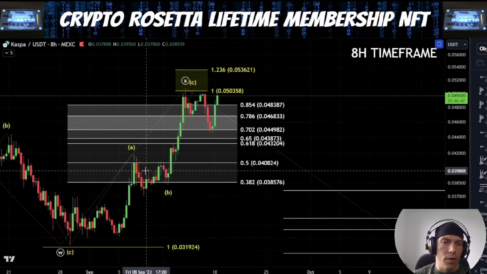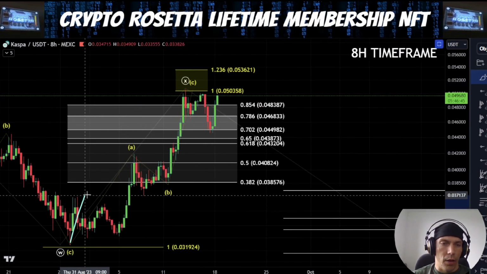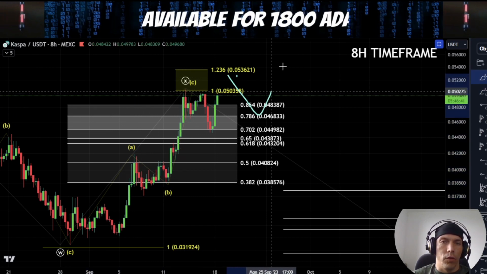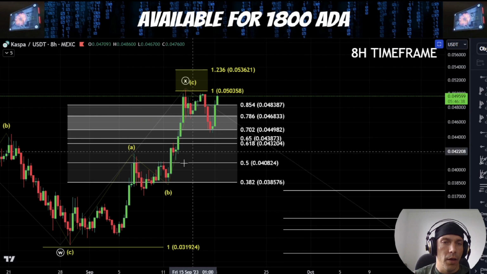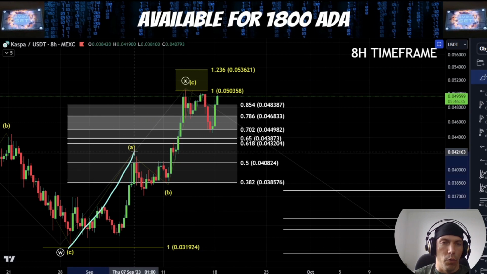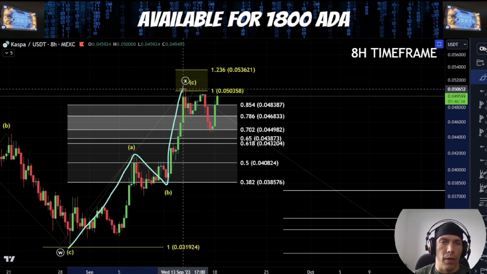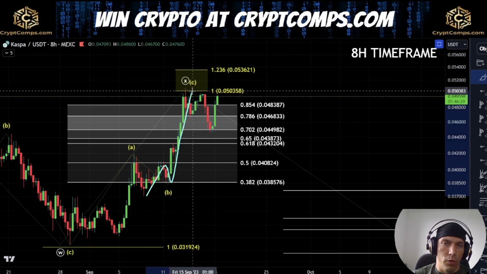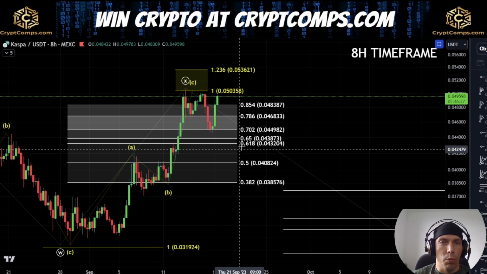Now within this idea, what we'd then be saying is that instead of counting this as 1 2 1 2, and we're actually not going to get those additional fourths and fifths come into play here, we could just count this as a 3-wave move up for an A, this is a B, and then we're looking for this as a C wave. Now within this count, it is possible that this is 1 2 3 4 and 5, and we still have one more push to the upside.